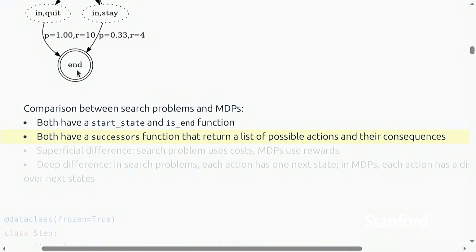There's a superficial difference between them, which is that the search problem uses costs and the MDP uses rewards. But again, I stress that you should be able to easily flip back between them in your head. If I say a reward of -2, that means a cost of 2. This is just pure convention, because the folks who develop MDPs like to think about rewards, and the people who like to think about search are all about minimizing cost. Just like in machine learning, people look at error rates and sometimes you look at accuracy. It's really two sides of the same coin.